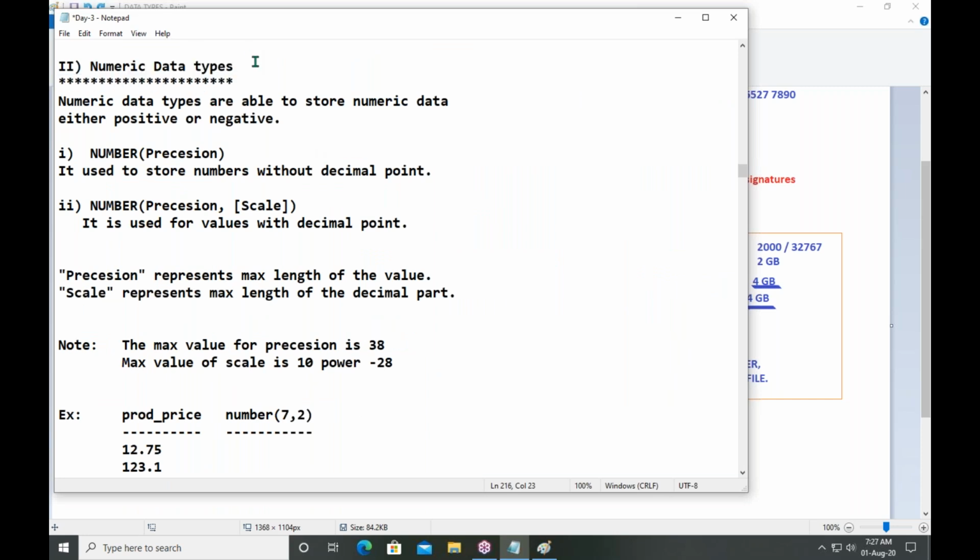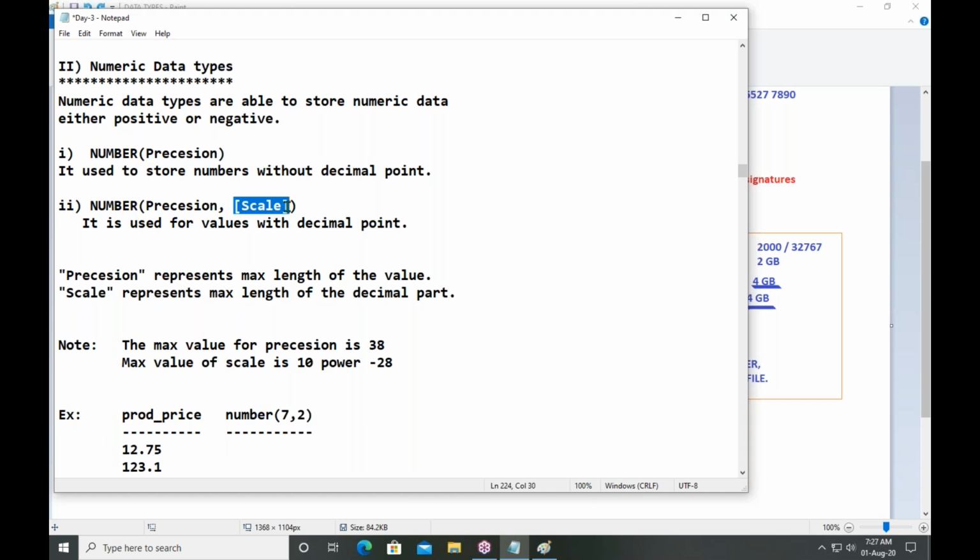Numeric data types are useful to store number type data, maybe positive values or negative values. Two data types we have: NUMBER(precision) and NUMBER(precision, scale). Precision represents the total length of the value, the maximum length of the complete value.